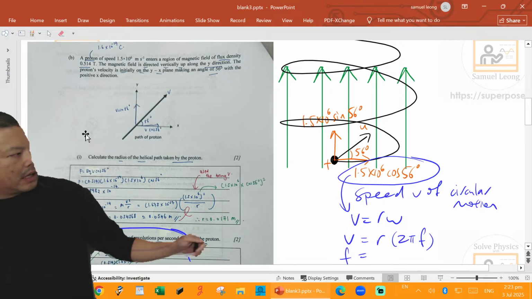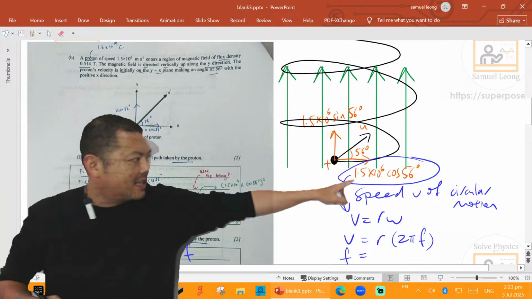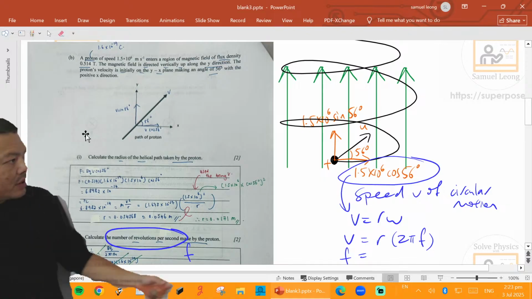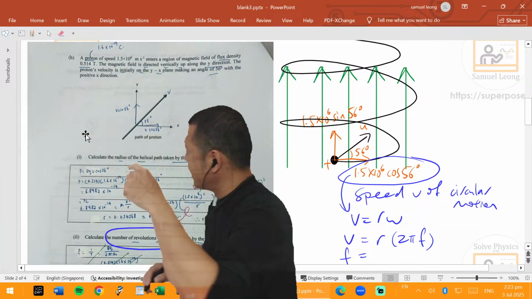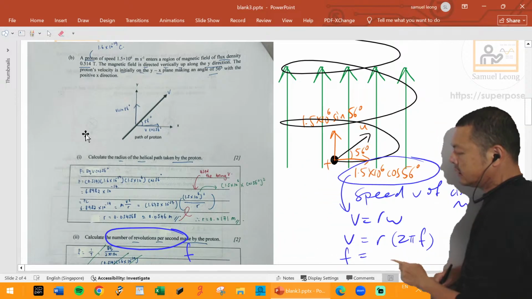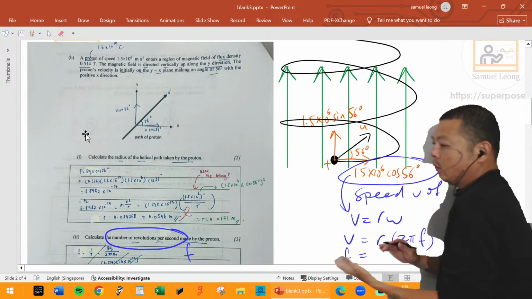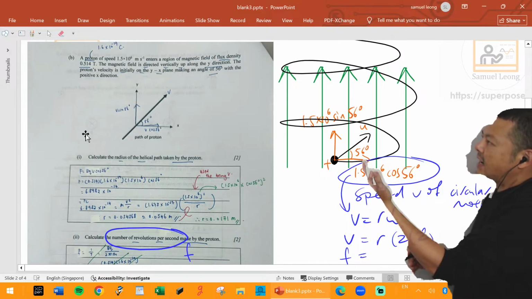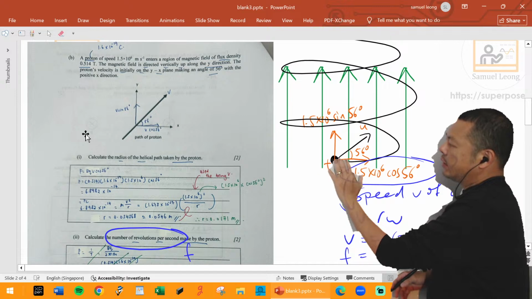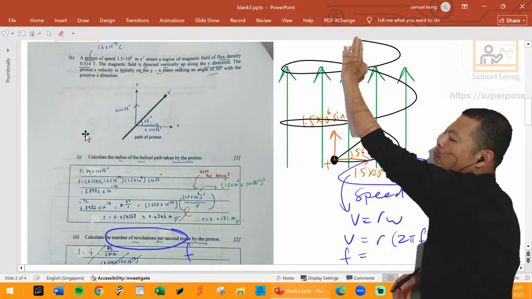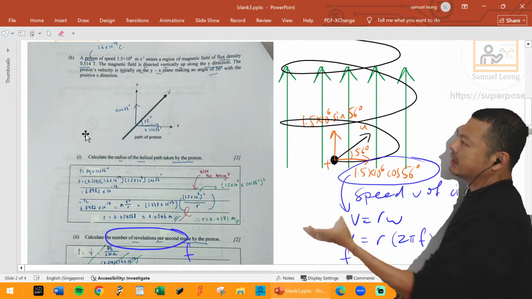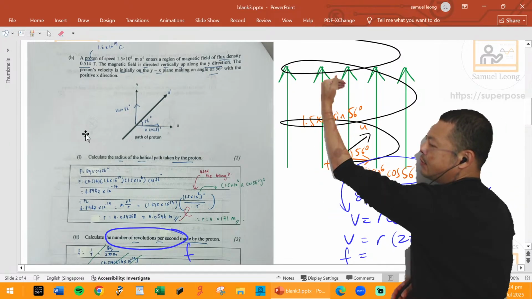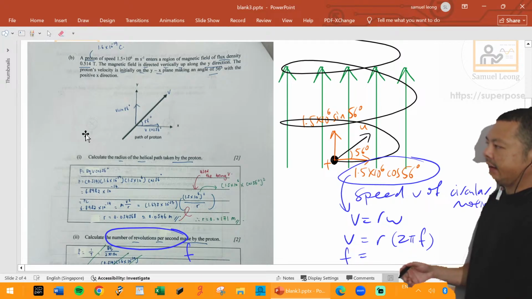Yeah, so the key point is to use that component. I don't know what you tried. I think you just went ahead to use that original speed, without the resolved version. I mean, what are the kind of plot twist questions that they can ask? They probably can ask you how far would it travel upwards per unit time? Then that will be this vertical velocity, that would be like the pitch value. They could ask these kinds of questions.